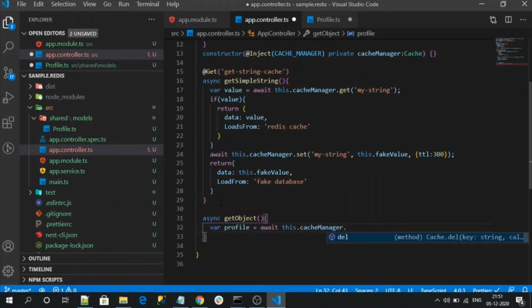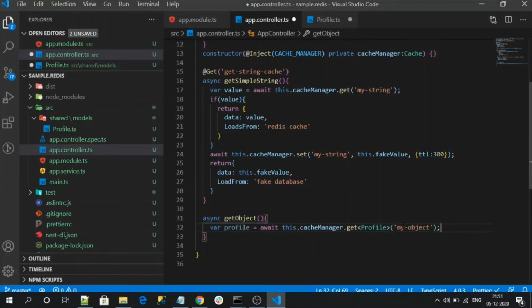So this cache manager dot get works with objects. Here we can define the type. Here you can see IntelliSense showing T in angle brackets. So here I am going to define the type, sorry, Profile, and I am going to name this key as my object.